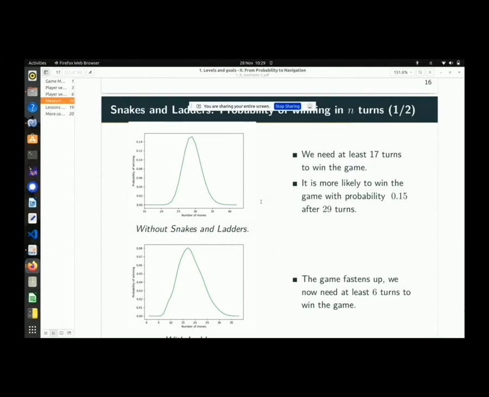So the average amount of turns of winning the game in this case matches the number of turns on which you have the greatest probability of winning the game, basically. But you're not winning the game necessarily in 29 turns. So that is what this plot is telling you. And the other thing that you're seeing